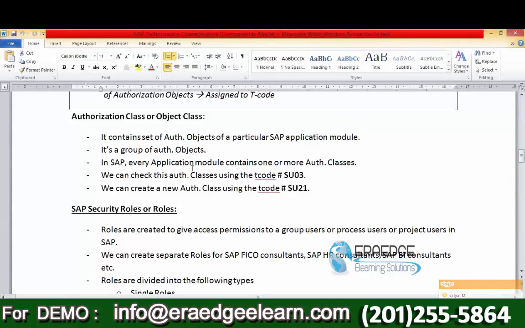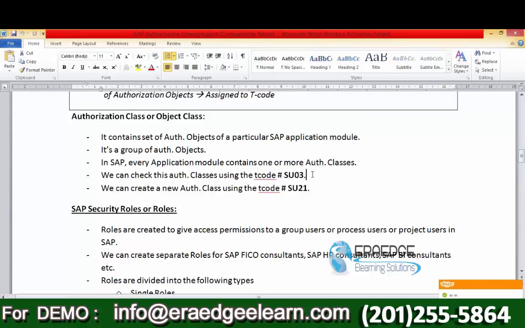Object class covers all application modules. Authorization objects are grouped into one class. Basis has its own authorization objects, HR has its own authorization objects, and likewise for finance, SD, logistics, and material management.